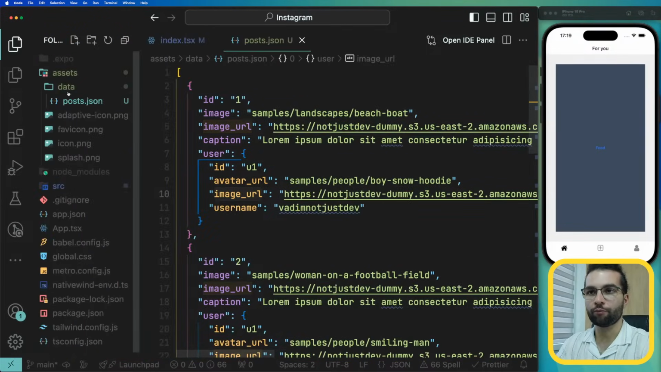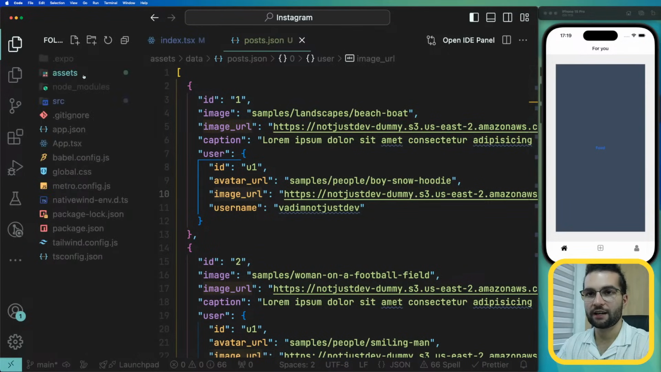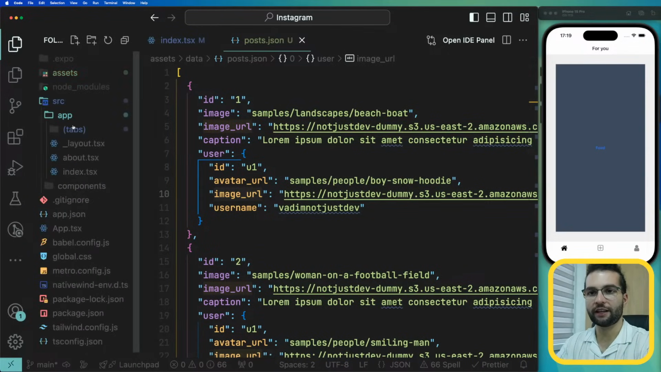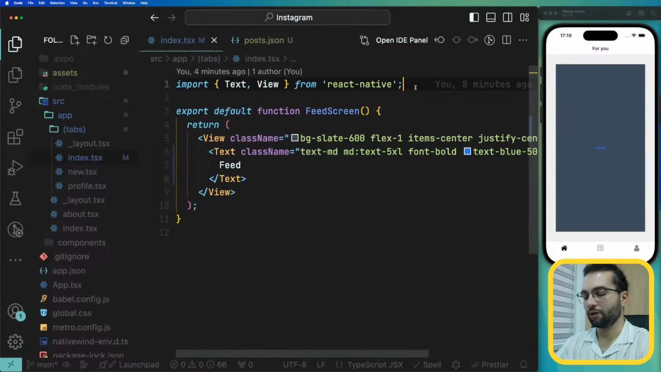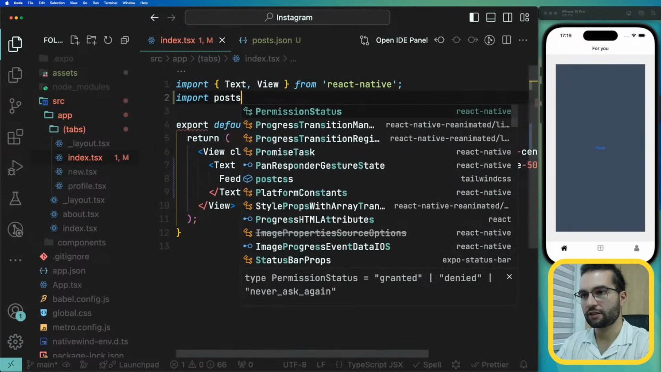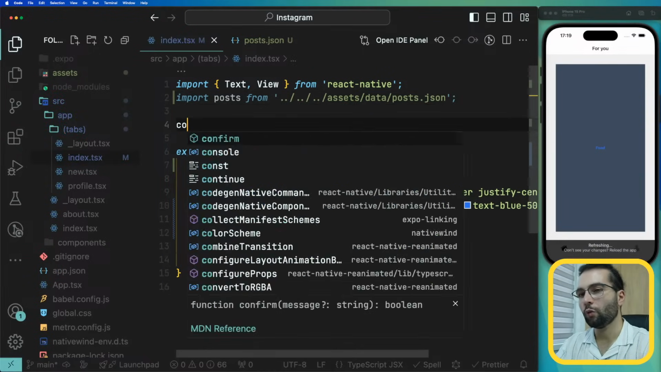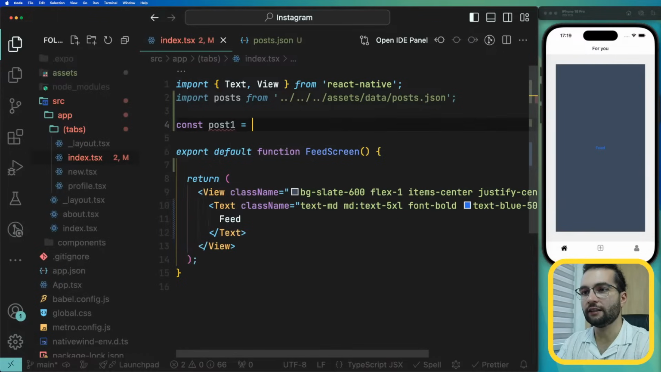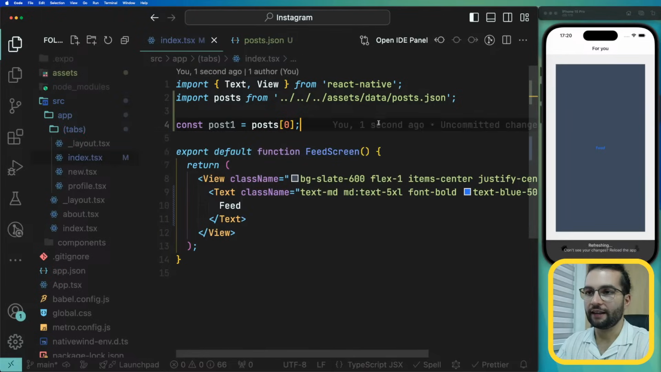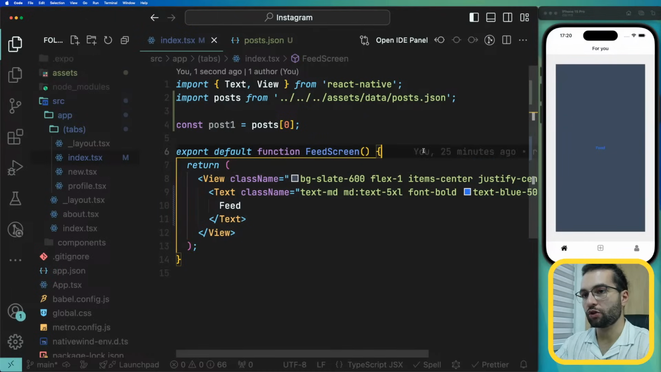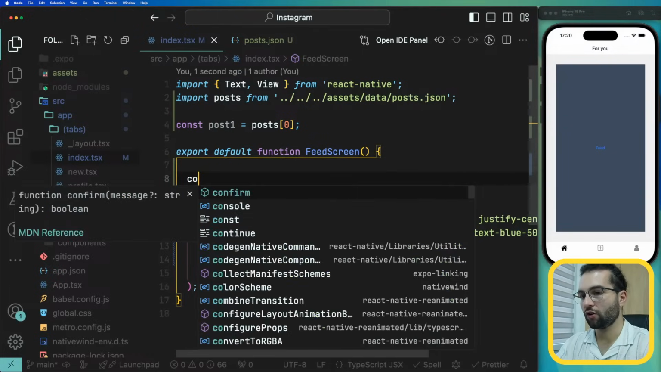Let's go ahead and import the posts.json inside our feed screen in source, app, tabs, index. I'm gonna start by import posts from assets, data, posts. And inside here, we can also go ahead and take post 1 from the array of posts at position 0. And here that's supposed to be one single post object. So if I go ahead and do a console log